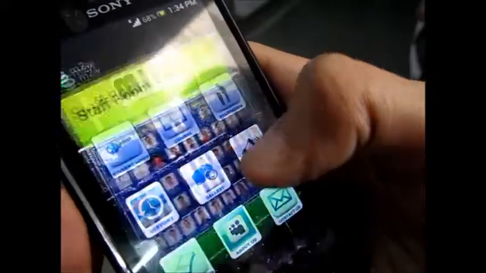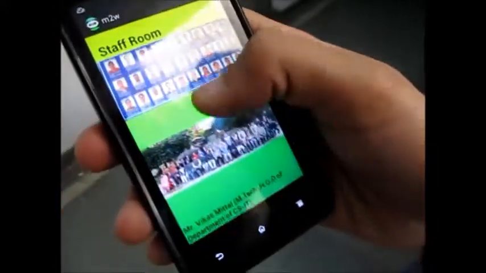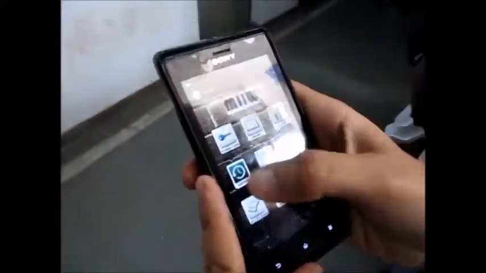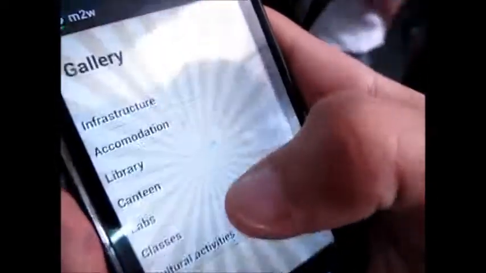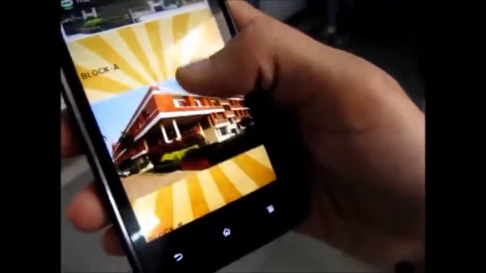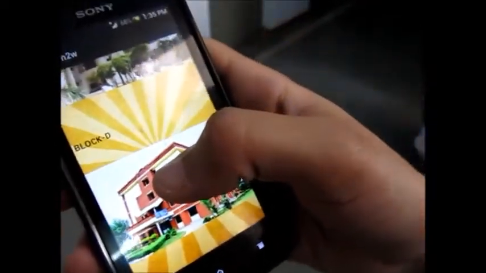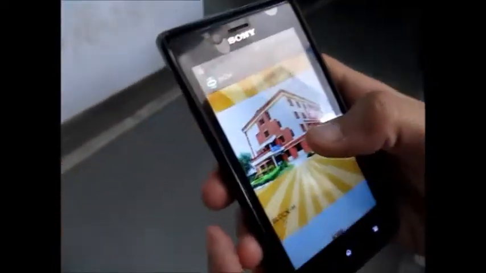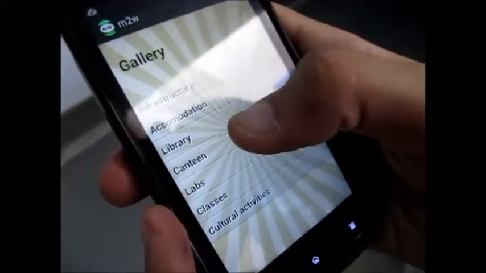Now the staff room. Here the information about the CSIT faculties is there. Here is the history of MIT, when MIT started and all the things about MIT. It's a gallery with the pics of all the infrastructure, the co-curricular activities, the canteen, and the library. Like I'll show you the infrastructure, like A block, B block, C block, all the blocks. All the pictures we gave in the magazine are over here. Okay. Should I show you all the pics or is it okay?